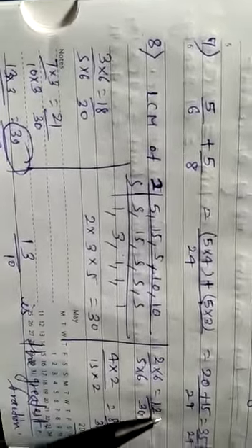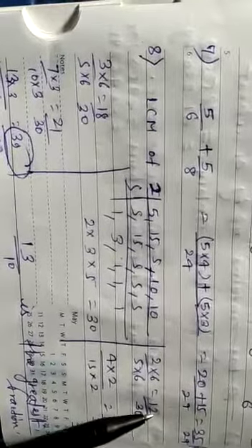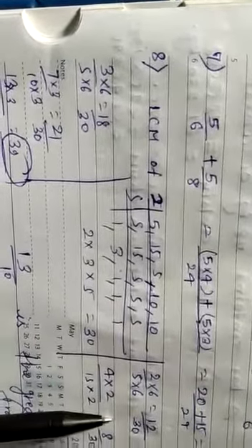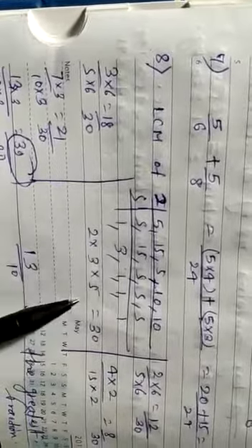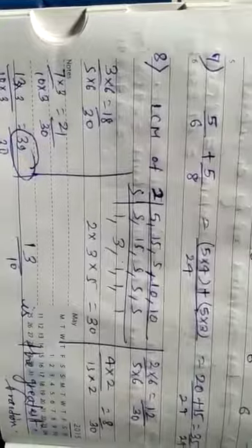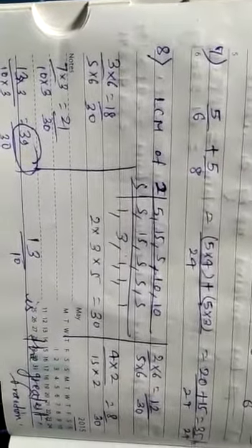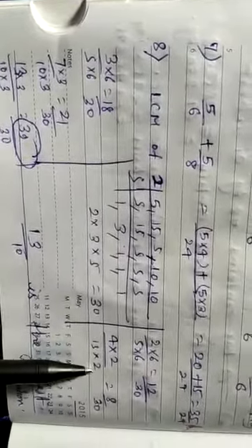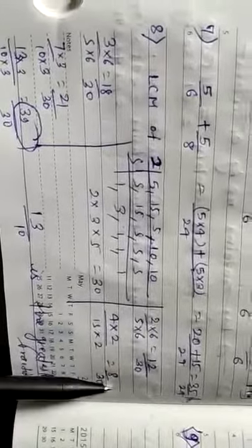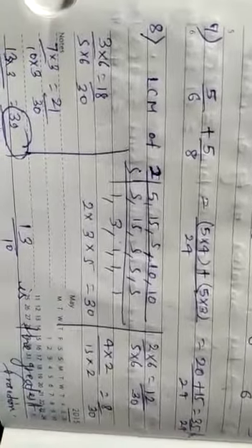After this we will see the numerator part, the upper part, and compare it. If the denominators are equal, then we compare the upper parts, the numerators, to see which one is the greatest and which one is the smallest. So students, 39 is the greatest number. That means 13 by 10 is the greatest fraction. And just like this, which one is the smallest fraction? The smallest numerator you can see here is 8. That means 4 by 15 is the smallest fraction.